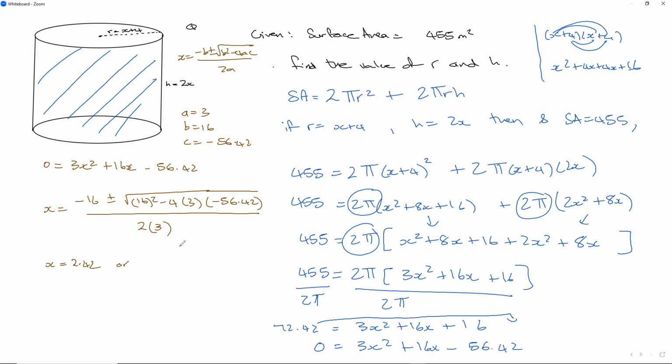And with minus, keeping it in there but changing it into minus, comes to negative 7.76. And we know this one is going to be not applicable because it'll give negative readings. So the answer is going to be x equals 2.42. And now I am